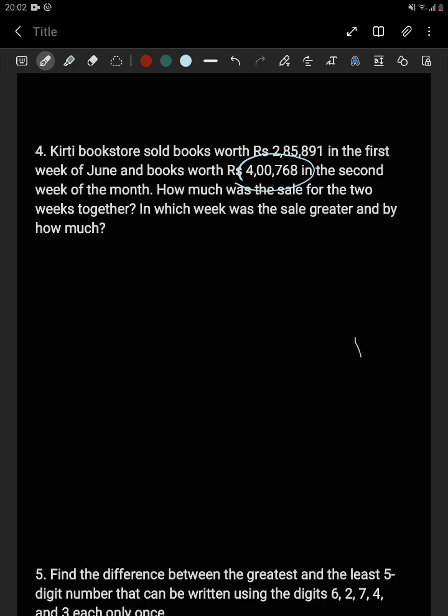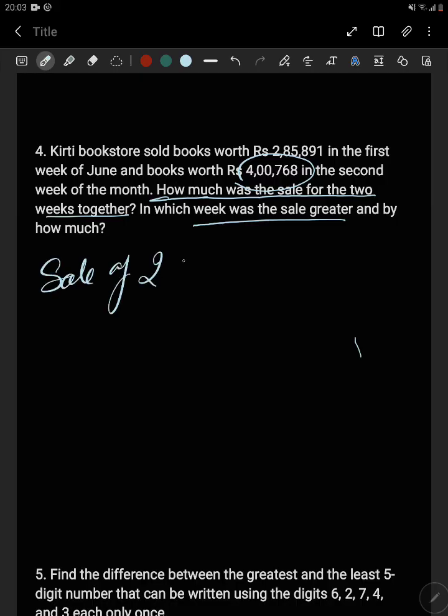Okay, so first of all we will solve for how much was the sale for the 2 weeks together. We'll find out this, and then in which week sale was higher, so second week, and by how much, then we have to subtract from higher number to lower number. Okay, so now we'll find the first question, how much was the sale of 2 weeks. So sale of 2 weeks